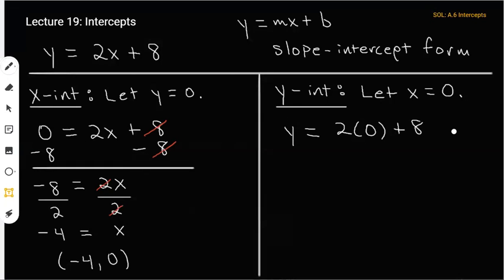So 2 times 0 is going to give you what? Yep. But then I have to add 8 to 0, and that's going to give me what? Yep. So y is going to be equal to 8. When I write my ordered pair, my x value is going to be 0, and my y value is going to be